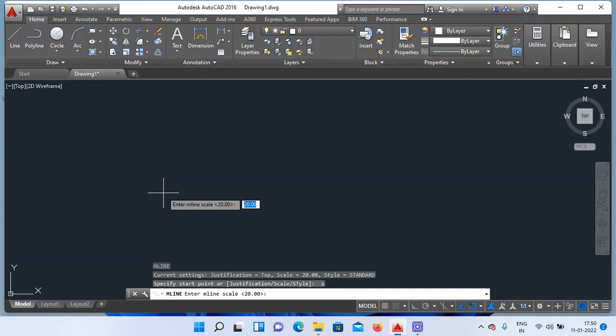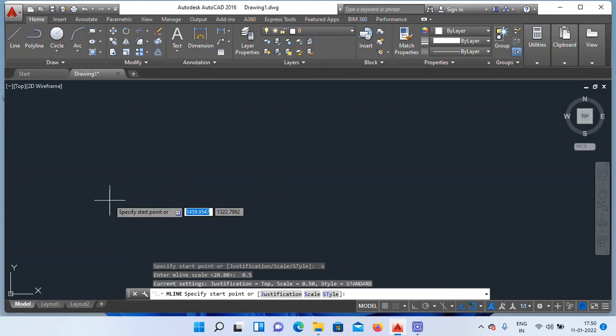Give any required value for the gap. Example 0.5, enter, right? And next click with your mouse from where you need to start the double lines.